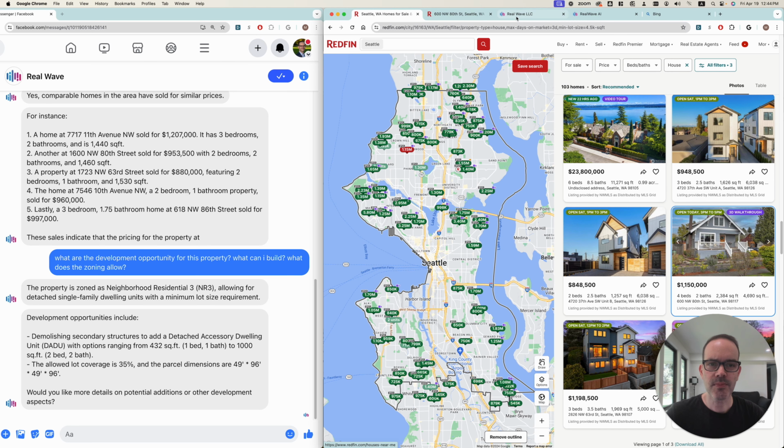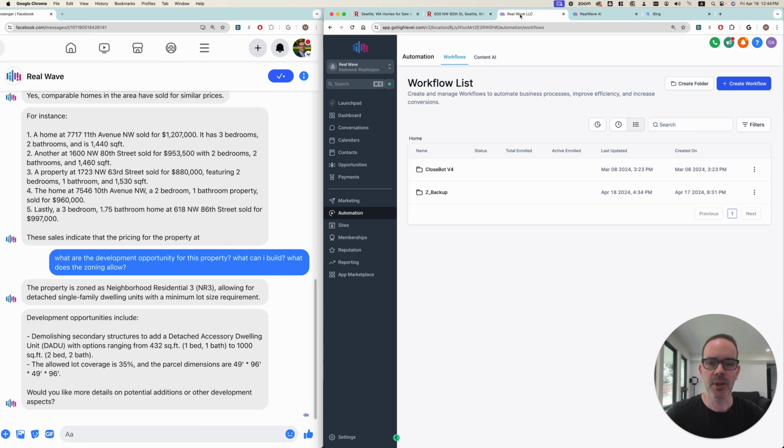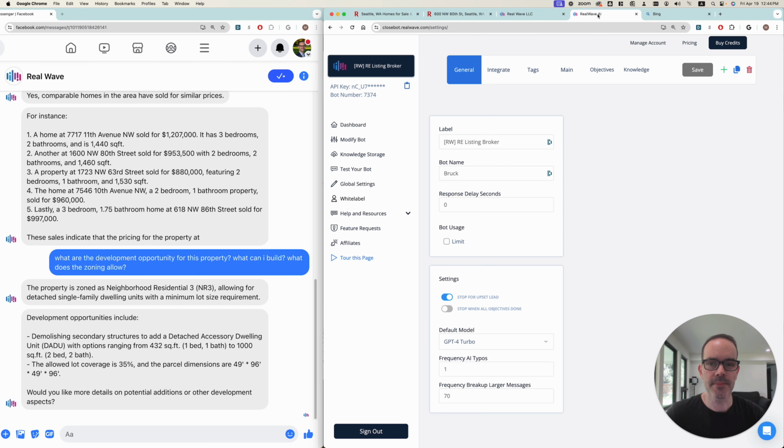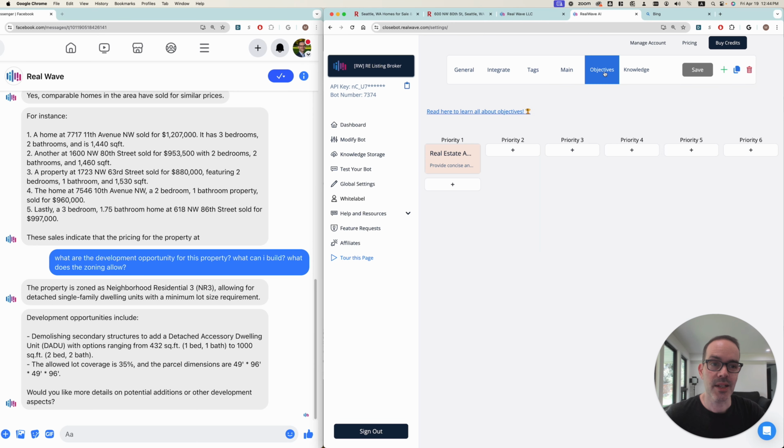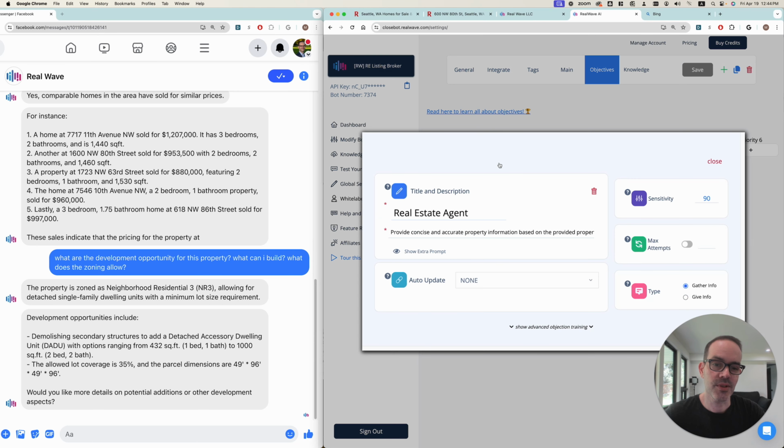I'm switching now to CloseBot and GHL to show you the internal structure. Let's start with the CloseBot part of things. I've got a listing broker bot. It's a very simple bot, very similar to the self-selling bot approach. It gets the objectives dynamically. Basically it has only one objective, and the objective is to provide concise and accurate property information to the lead,